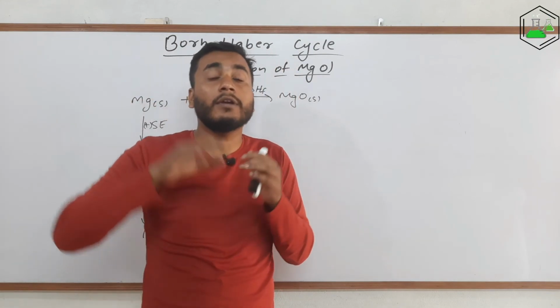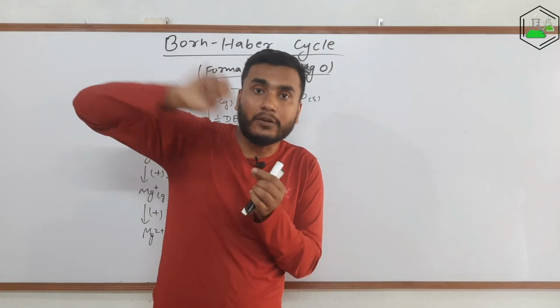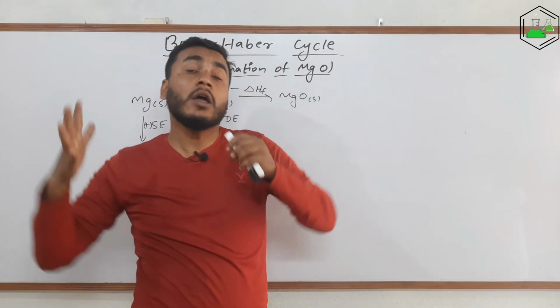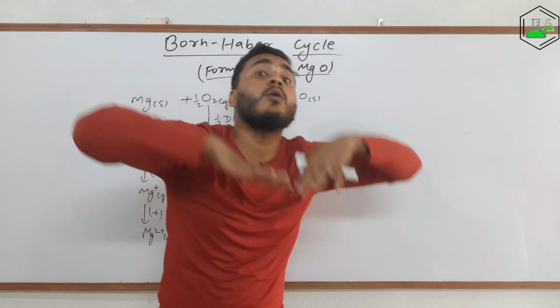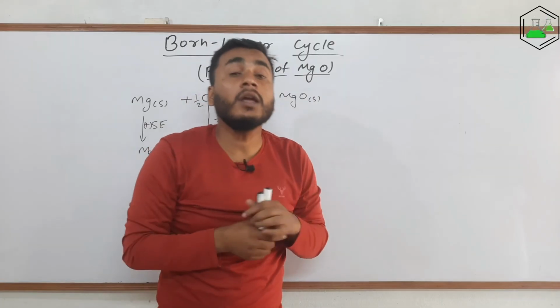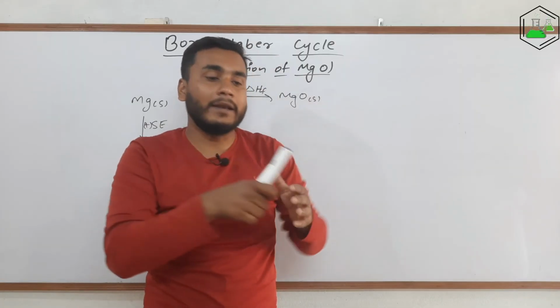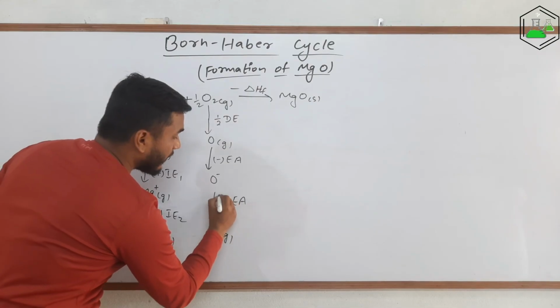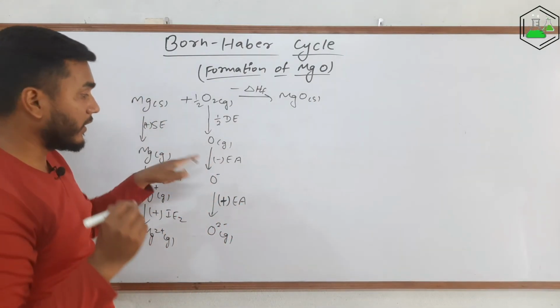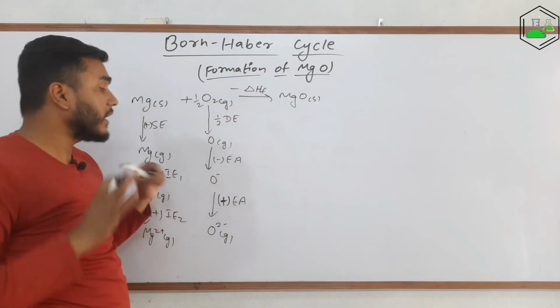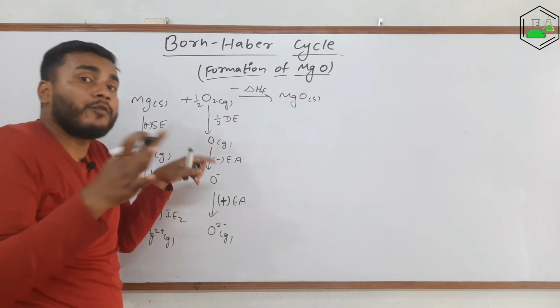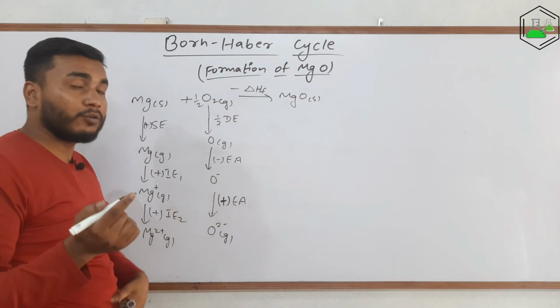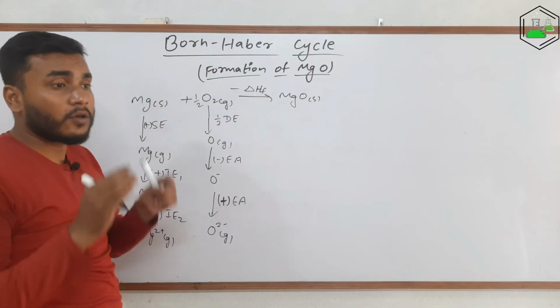That electron cloud will try to repel the incoming electron, and as a result of that we need to supply some energy from outside to put that electron into that orbital. That's why we need to provide this much energy in the second case. Okay, so be careful. In the first case some energy is being released, in the second case we need to provide energy in order to put that electron into the outermost orbital